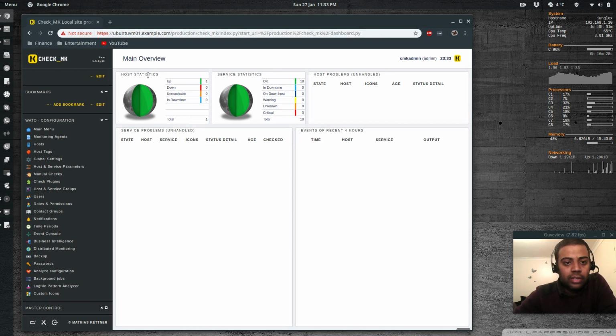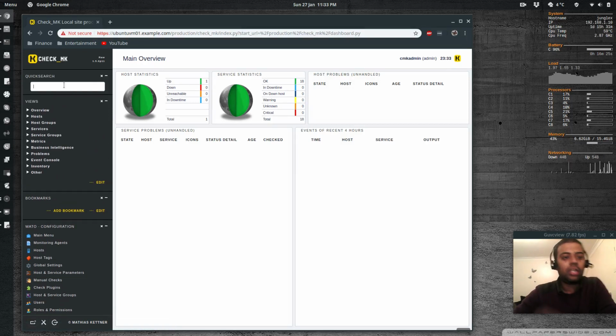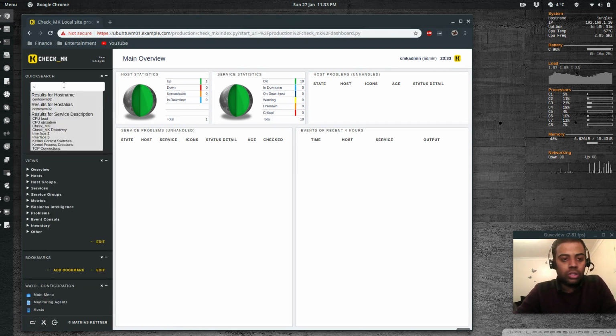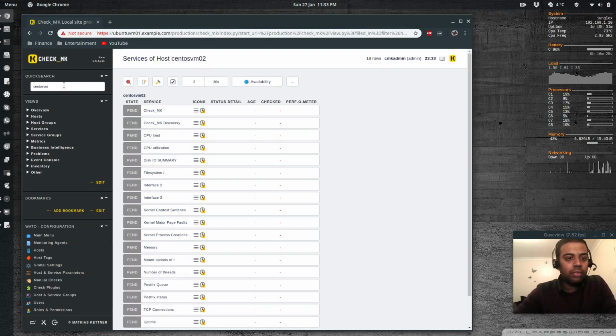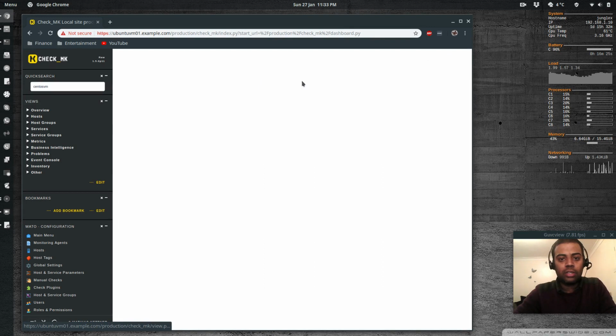So host statistics, we have one host at the moment, and we've got 18 services monitored. There's a quick search if you want to search for a host, CentOS VM. So that's the service of the host CentOS VM02. If we go there, service statistics 18, host is 1. If I click on the services,